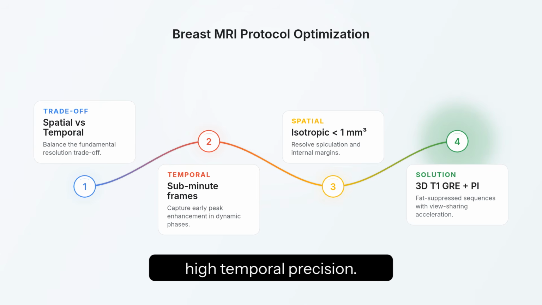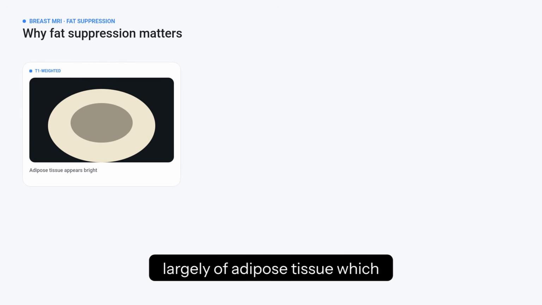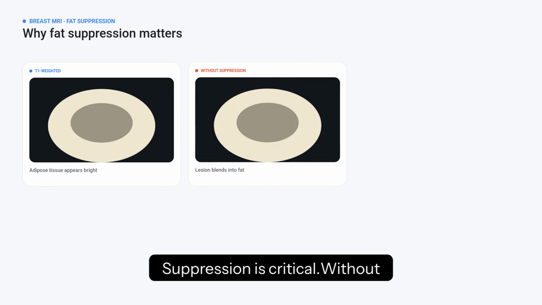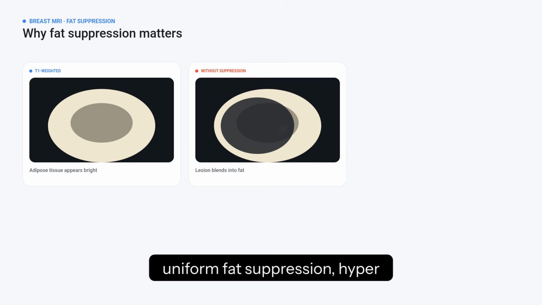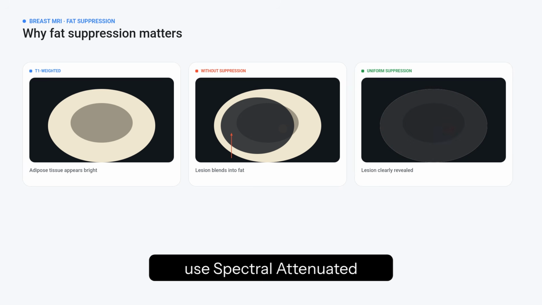and high temporal precision. Because breast tissue consists largely of adipose tissue which shines brightly on T1-weighted images, effective fat suppression is critical. Without uniform fat suppression, hyperenhancing lesions blend into surrounding fat, creating false negative results. Technologists use spectral attenuated inversion recovery or frequency-selective fat saturation, requiring meticulous magnetic field shimming across the chest wall to